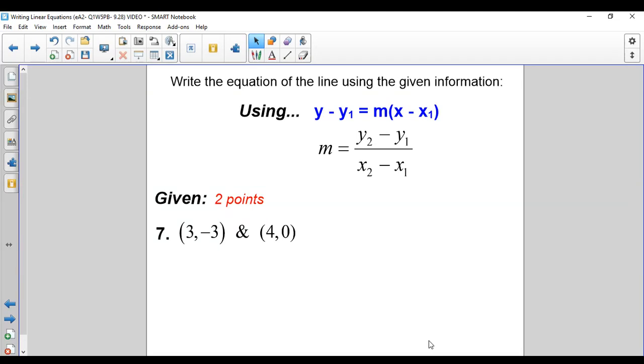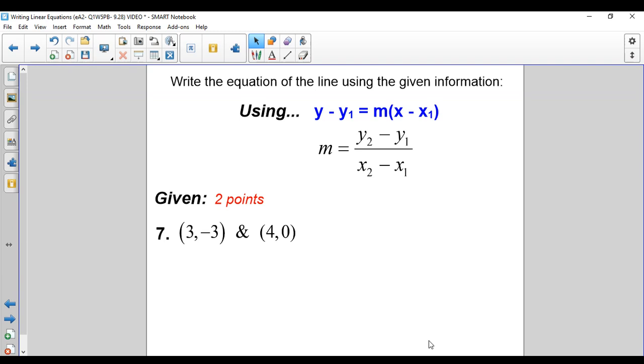Our first scenario, we were given the slope and the y-intercept. That's the easiest one. Second scenario, we were given a slope and a point. Now we have 2 points. That's it. Nothing special about the 2 points. We don't have our slope. So notice I have two